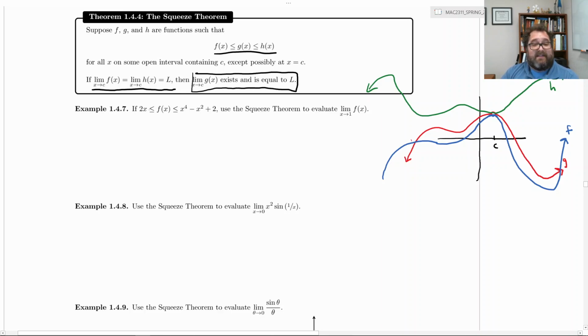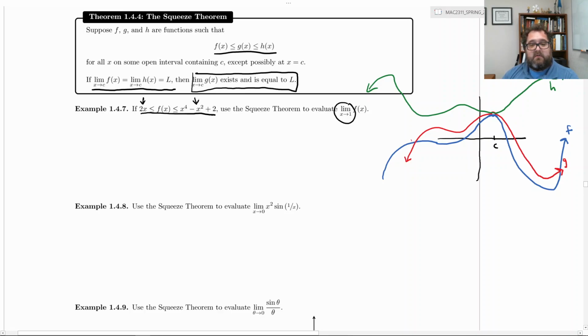If 2x is less than or equal to f of x, which is less than or equal to x to the fourth minus x squared plus 2, use the squeeze theorem to evaluate the limit as x goes to 1 of f of x. So we don't even know what f of x is. It's just some function, and we want to know the limit as x approaches 1. But we know that this is true. Okay? So maybe the first step here would be to evaluate the limit as x approaches 1 of this function